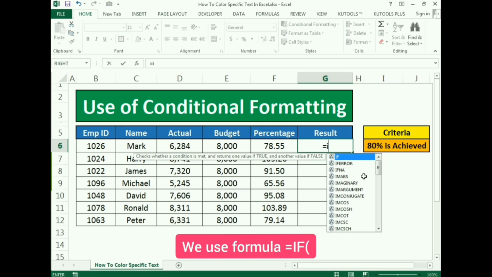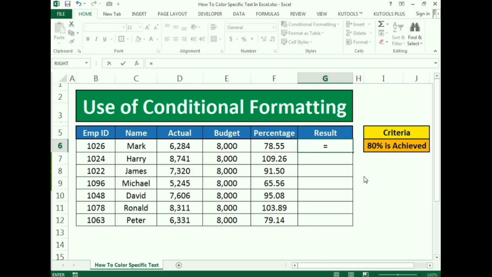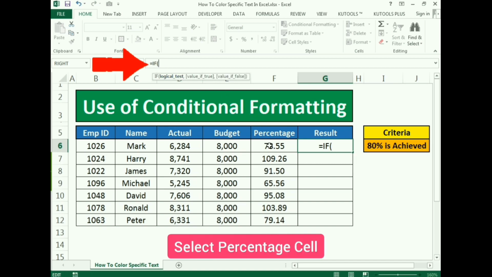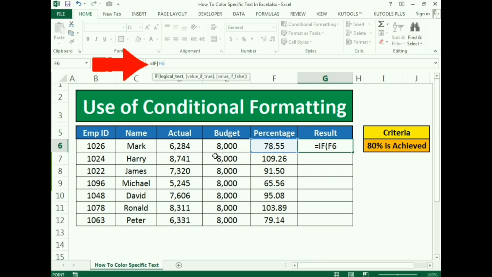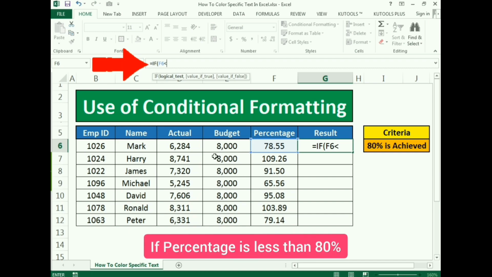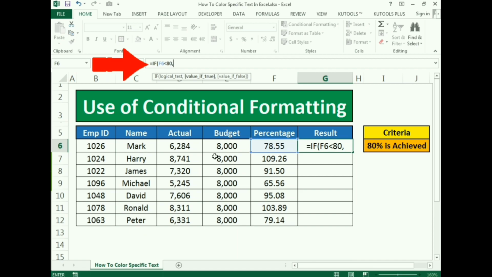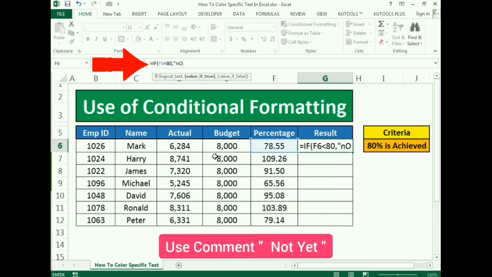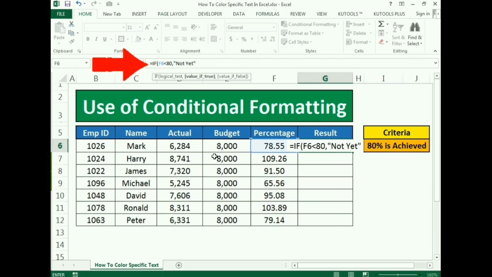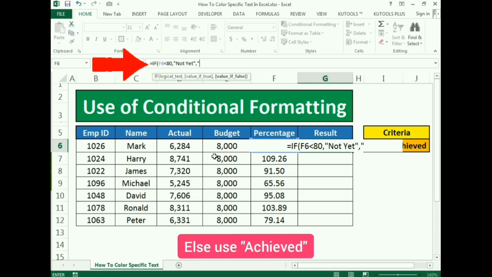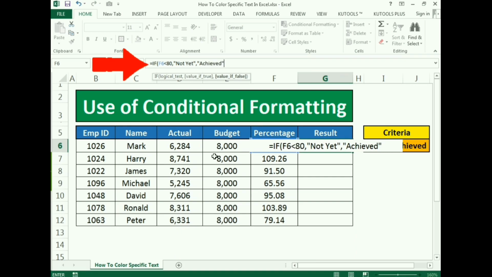So we use the IF function, like IF, bracket open, then it says logical test. So I select the percentage cell, and we have the criteria like if F6 is less than 80%, comma, inverted comma open, it says "Not yet", inverted comma close, comma, and if it has achieved 80%, then it says, comma, "Achieved", inverted comma again close, and